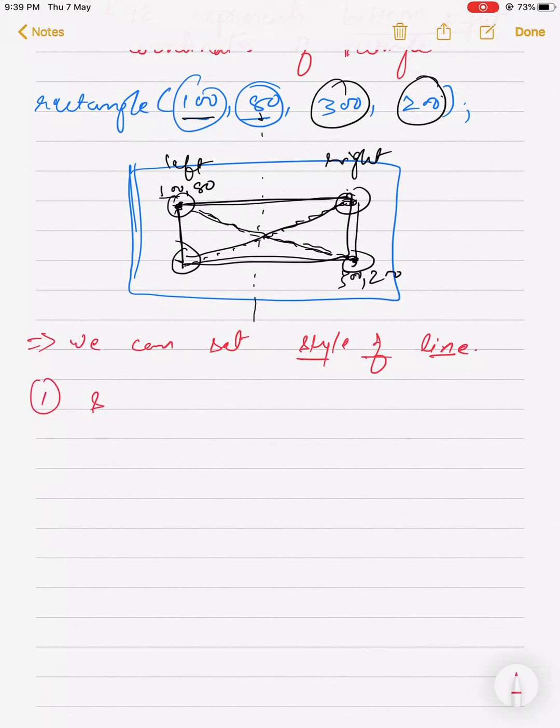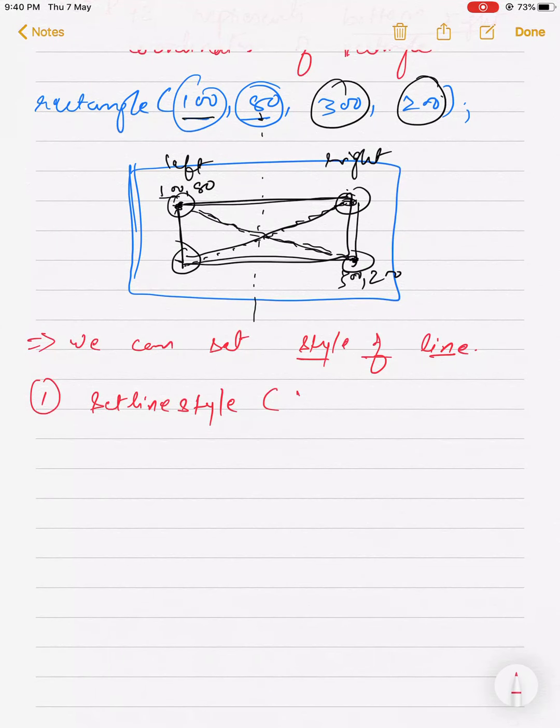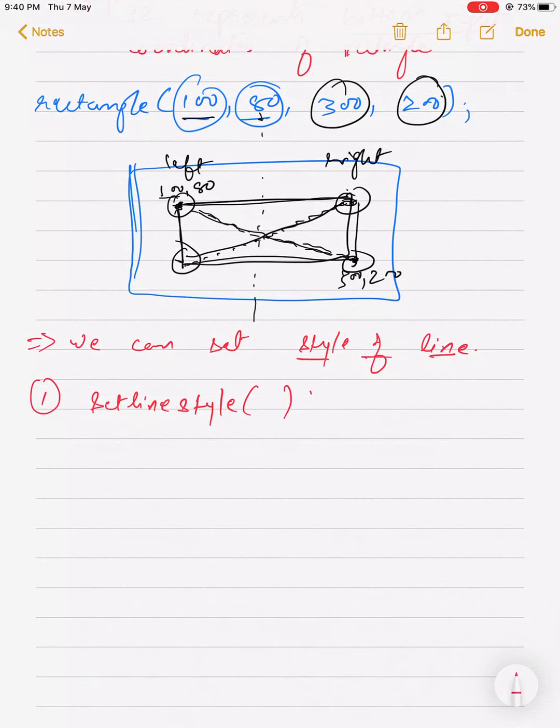The first function is setlinestyle, which consists of three arguments. I'm writing it like this: setlinestyle(M, N, T).